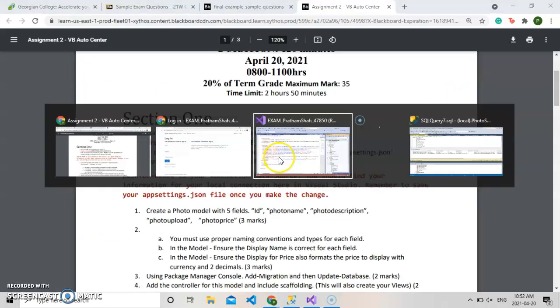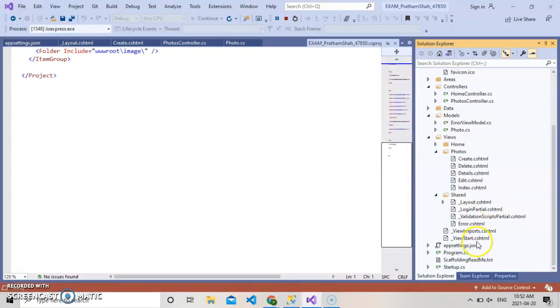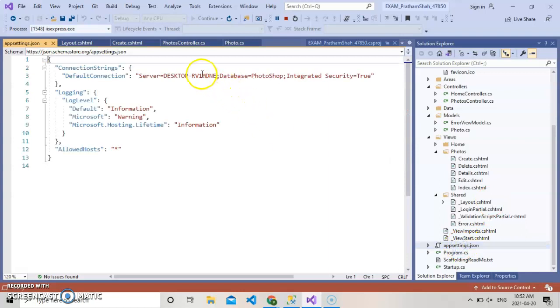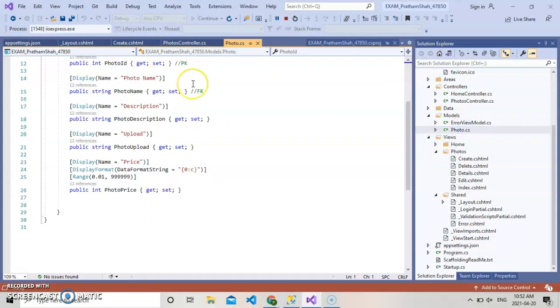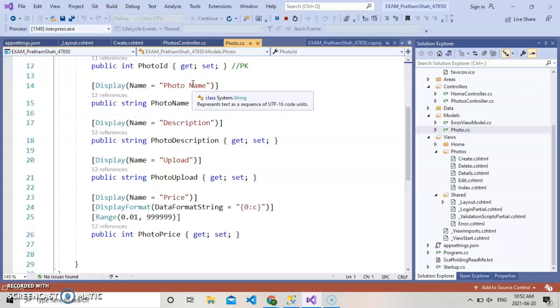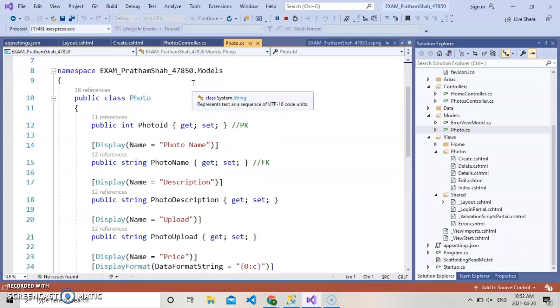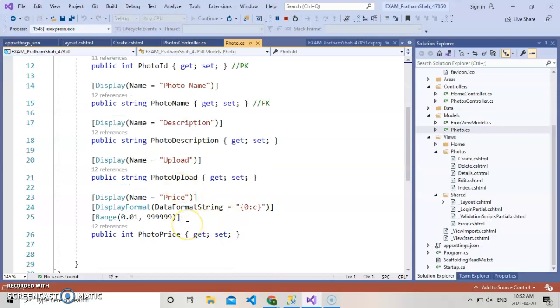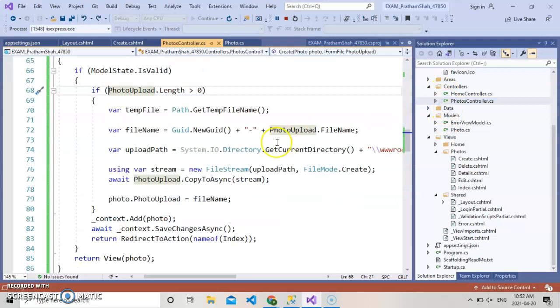Before that, as you mentioned, we had to change the appsettings.json file and add the proper name of our desktop. So I added the name of my desktop, and the name of the database is Photoshop. After that, I created a model class over here where I added the attributes: the photo name, the description, the upload, and I set the price as you mentioned. And then I created a controller named PhotosController.cs,